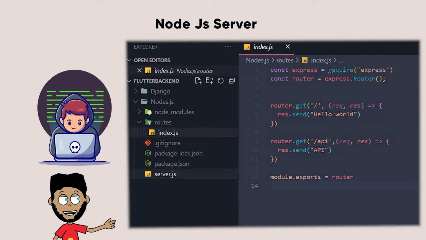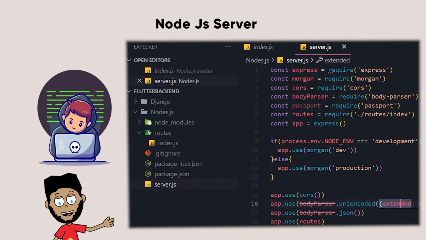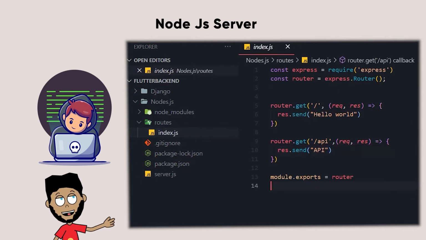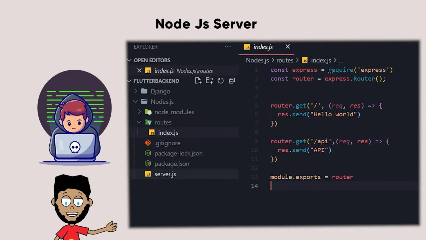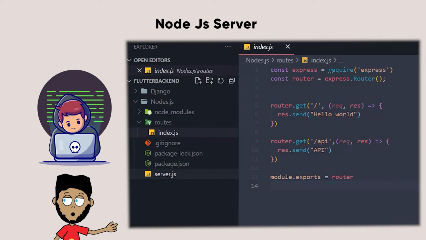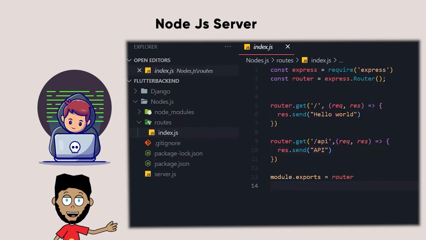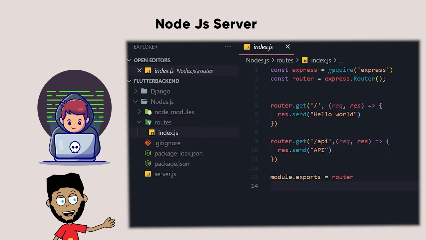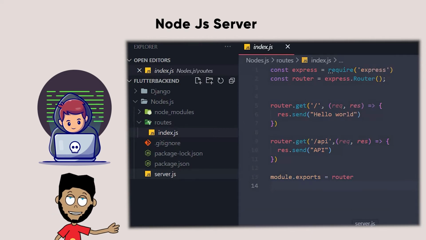So we create another one, backslash API, which will return the text API for the get request. We are using this router variable, and it should be exported with module.exports, because we import in Node using require.